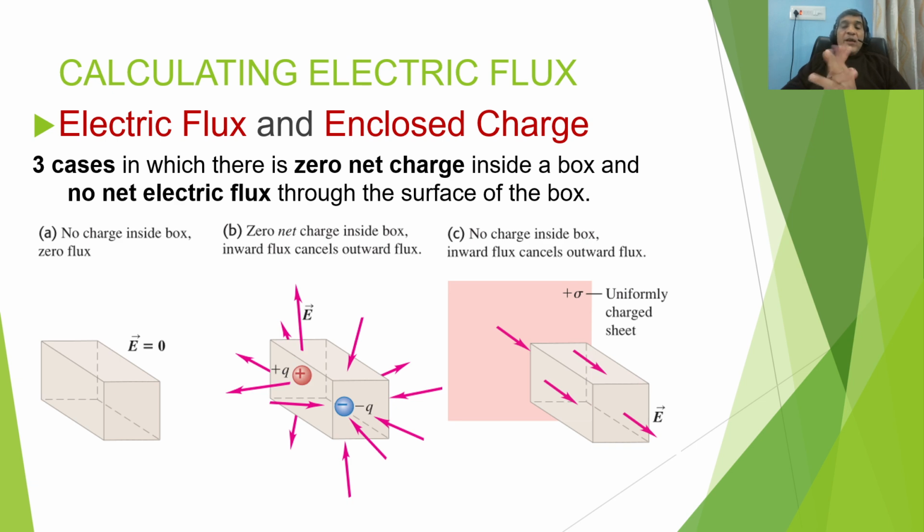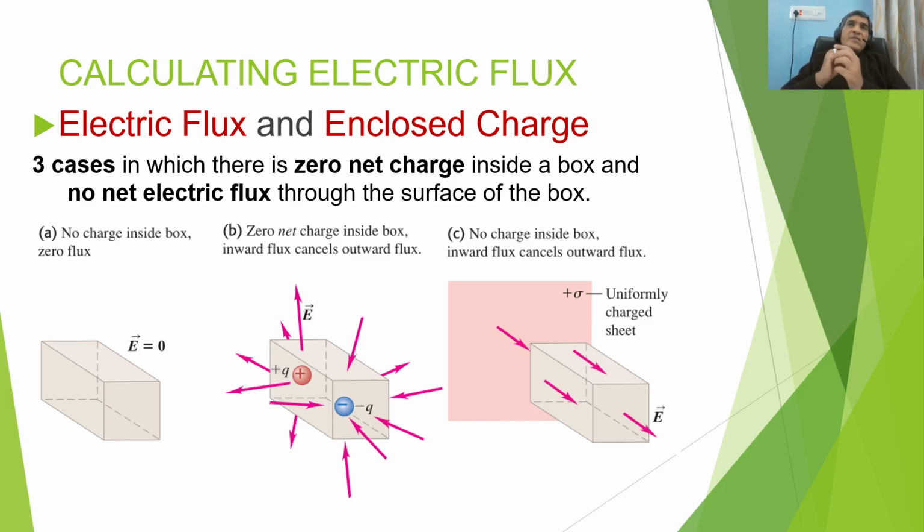So in case 3, if we put some charge outside the closed surface, the contribution of this charge in the electric flux is again zero. So keep that in mind. Those charges which are outside the closed surface contribute nothing in the electric flux of that particular surface. The electric flux only and only comes out when we have a net charge enclosed by that particular surface inside it. If the surface doesn't have any charge inside it, the electric flux is zero.